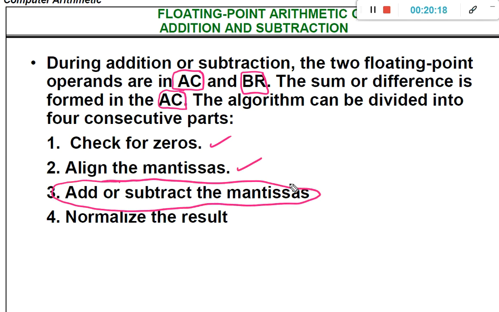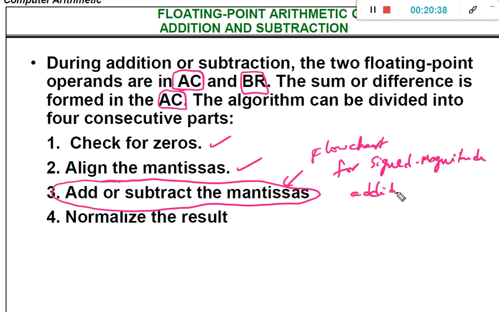So this part we have already seen previously. Okay, so this is nothing but the flow chart for signed magnitude addition and subtraction, which we have seen in the previous classes.